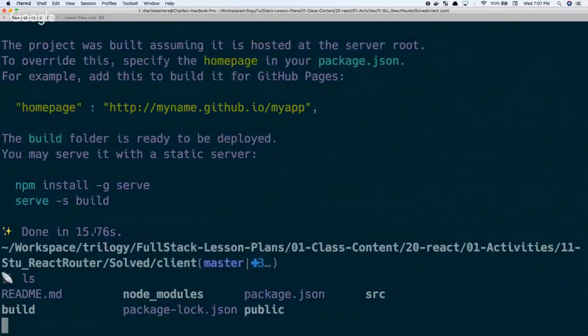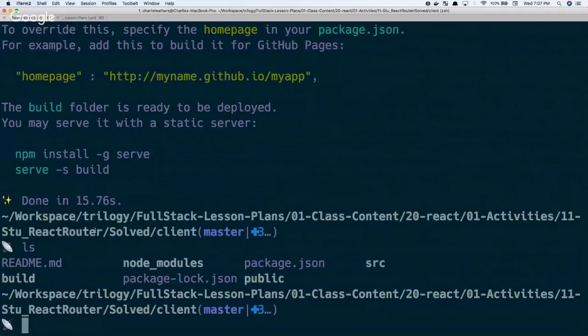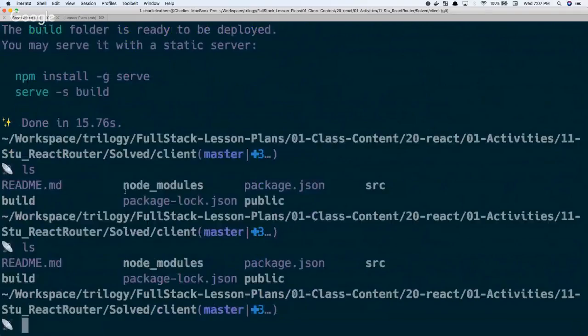So we have to build both. We don't need to actually build anything on the server side, right? Because that's just going to be run with Node. The only thing we need to build is the React application. Here, you'll notice that we didn't actually eject it from React. We were still able to build it, and this build directory contains